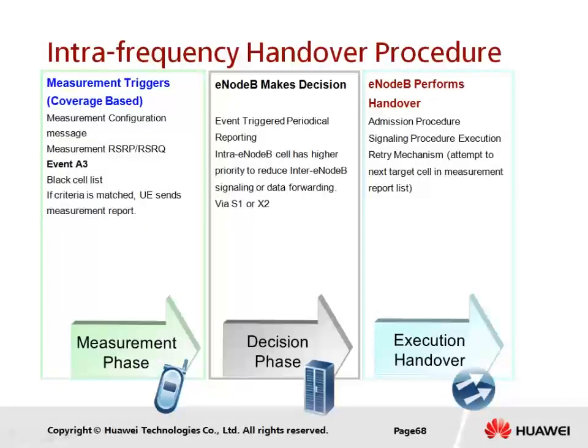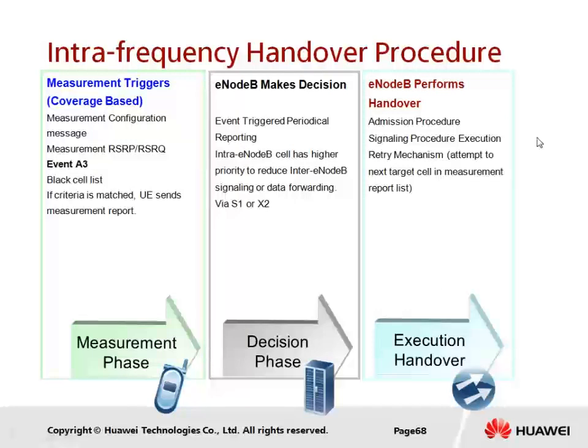Based on the reports sent by the user, it might consist of more than one candidate cell. The candidate cells which are in the same eNodeB as the source cell have higher priority. If not, then we have to perform data forwarding, which could be via the S1 interface or X2 interface. So if the decision has been made, the source cell sends the handover request to the target cell,